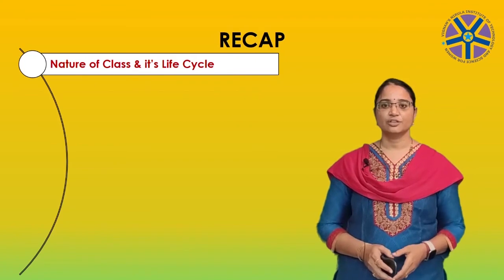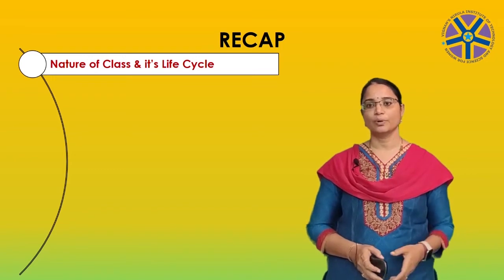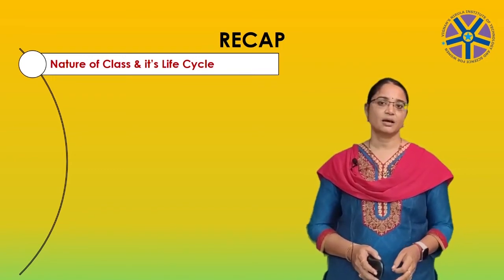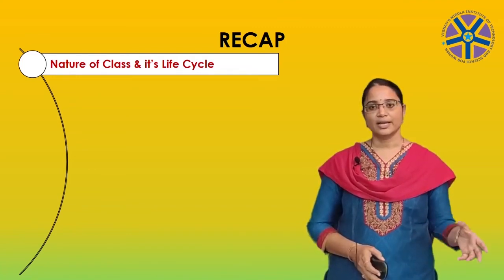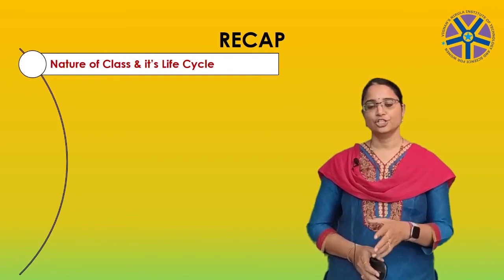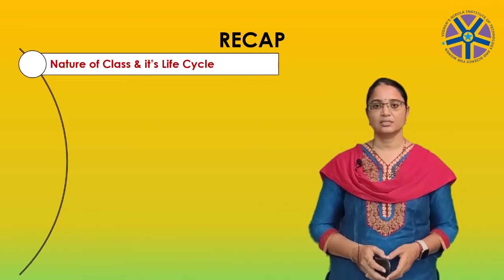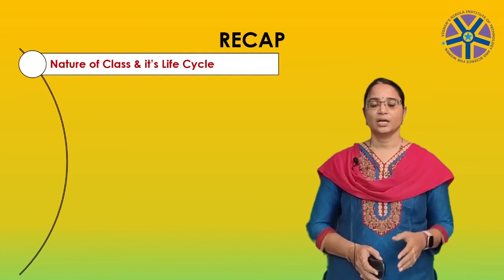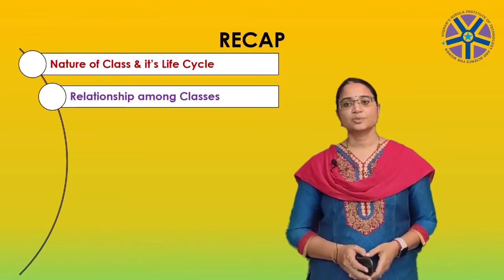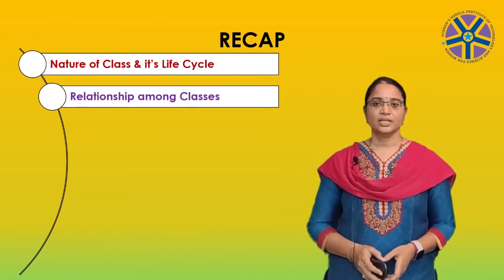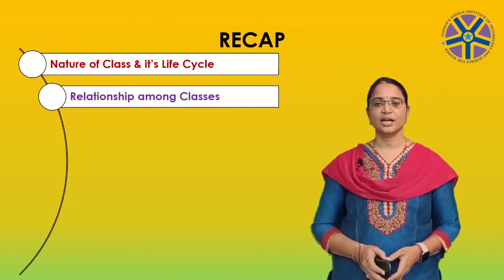Next, we have seen the nature of the class. We know that a class is a set of objects that share a common structure and a common behavior. In this, we have seen an example, TV, and it is having three instances. These are the three instances of a class TV, and that example we have seen in the nature of the class. Next, we have seen the class life cycle. In this life cycle, how the class is interacting with the other operations has been seen. Relationships among the classes has been seen here. The relationships are association, inheritance, aggregation, using, instantiation and meta-class.